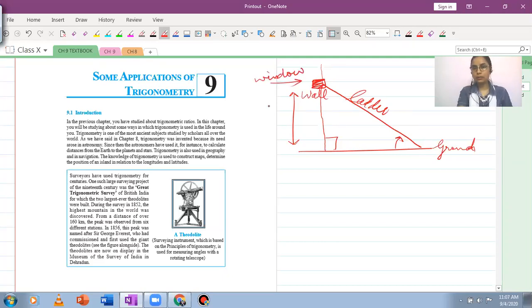The ladder is placed up to that window. You've been given the height, suppose 20 meters, and then you've been given that the ladder is say 25 meters long. You need to find out how far away is the foot of the ladder from the base of the wall. So what you used to do was apply Pythagoras theorem in this right triangle, and the only restriction to apply Pythagoras theorem is you need at least two sides of the right triangle in order to find out the third side. Am I correct here?